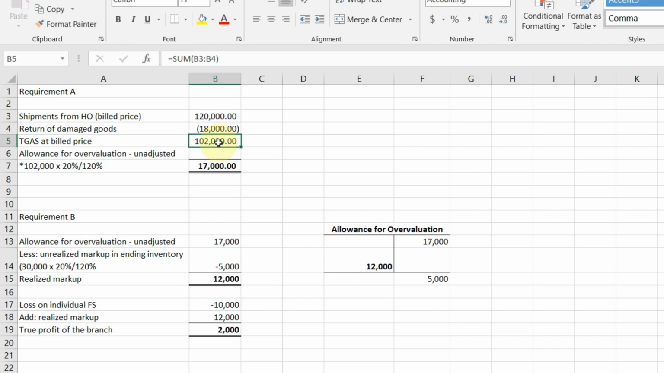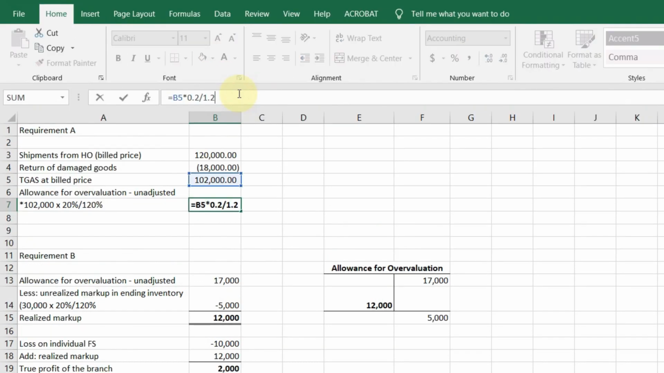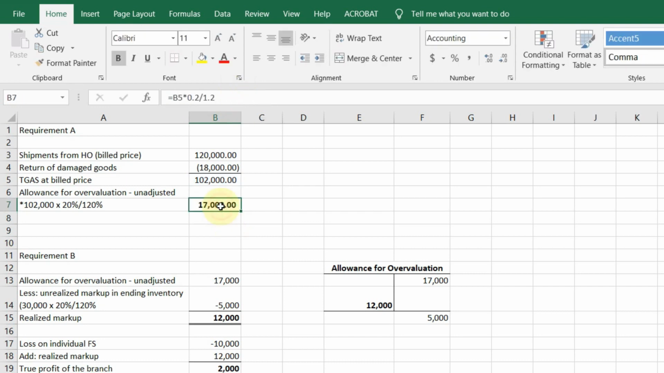So, anong sunod mong gagawin para makuha mo yung allowance for overvaluation? You get the markup. How do you do that? 102,000 times 20% divided by 120%. That's the billing rate. Okay, so yan. Kita mo naman formula ko. Okay, so 17,000. The answer is 17,000. Okay, so